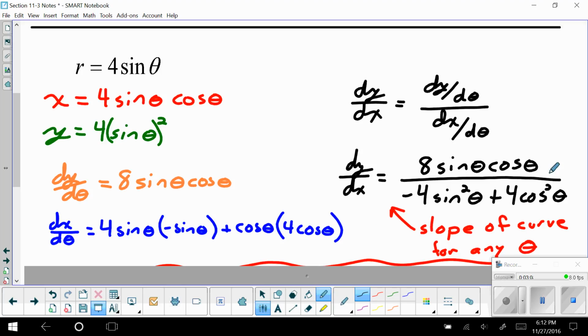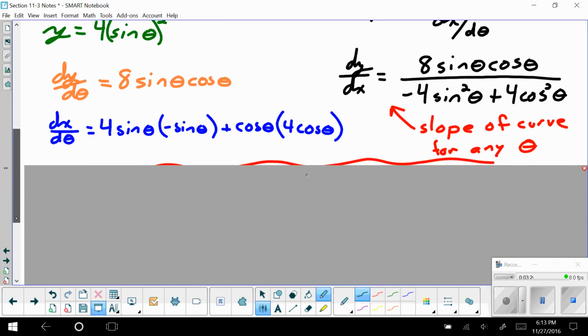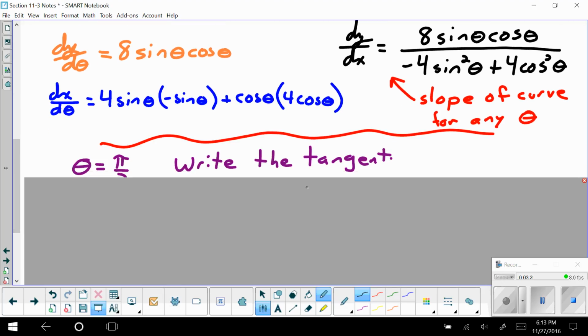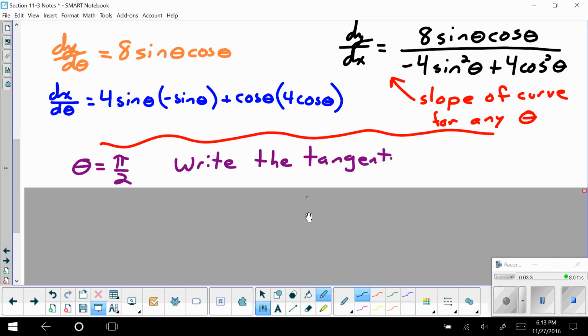Now, if I wanted for some reason to get the second derivative, it's done just like with parametrics, where I take the derivative of this with respect to theta divided by dx/d theta. But this expression gives me the slope for my curve at any angle theta. So if I wanted to find the tangent line when theta is pi over 2, I just need, first of all, a point,